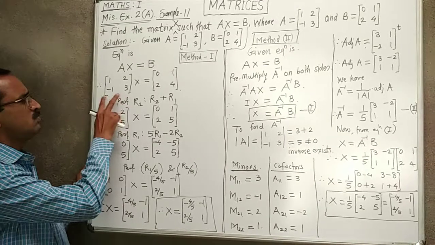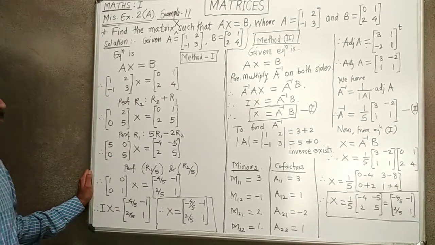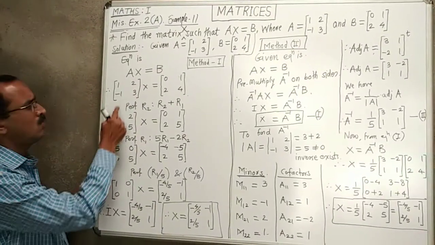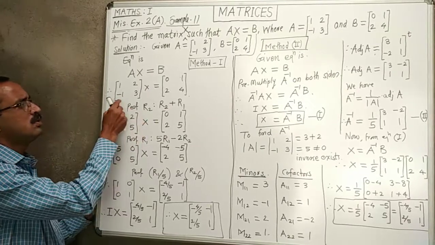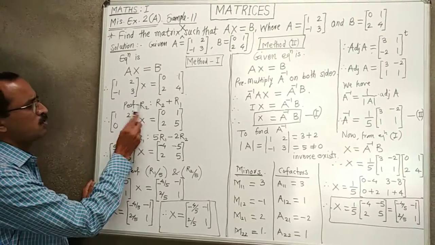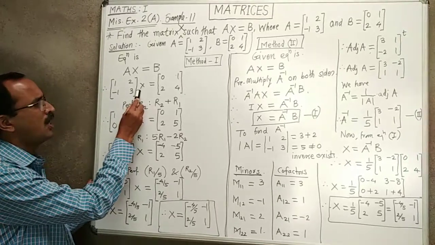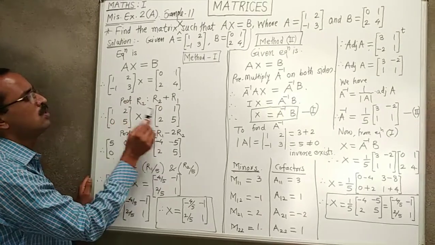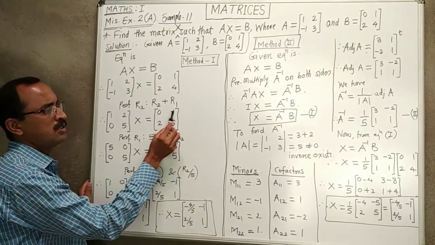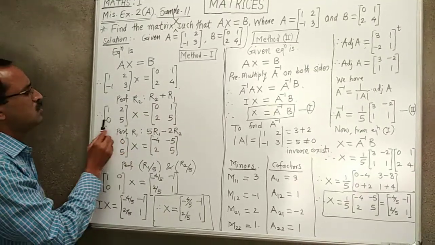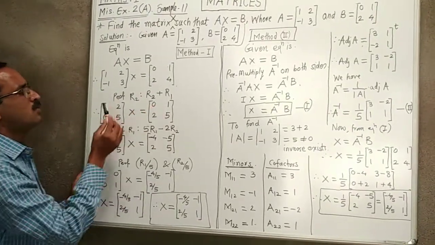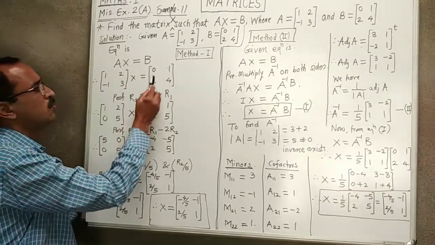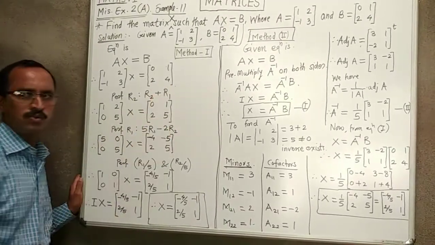So to find this matrix X, we have to convert this matrix A into the identity matrix. Now first of all we use row transformation. That means to convert this matrix to 1 0 0 1, 1 is already here. Now I convert minus 1 into 0. So I use the transformation performing R2 such that R2 plus R1. So R1 becomes the same, 1 2, and in the right hand side matrix B is 0 1. Here we change the second row accordingly, R2 plus R1. So it is minus 1 plus 1, here 0. 3 plus 2, 5. Here 2 plus 0, 2. 4 plus 1, 5.